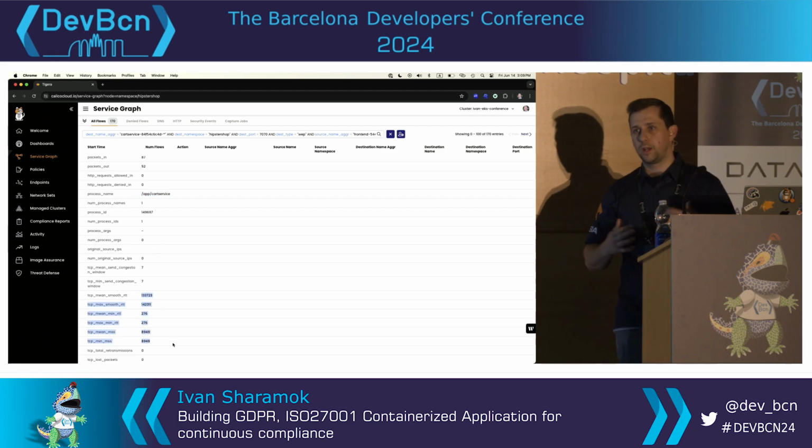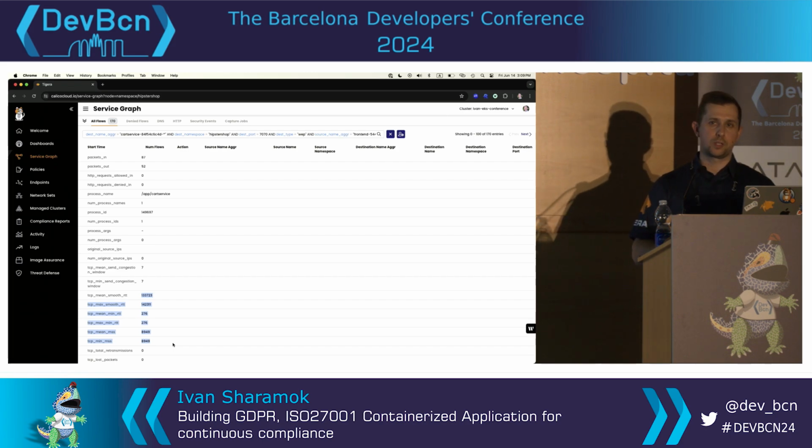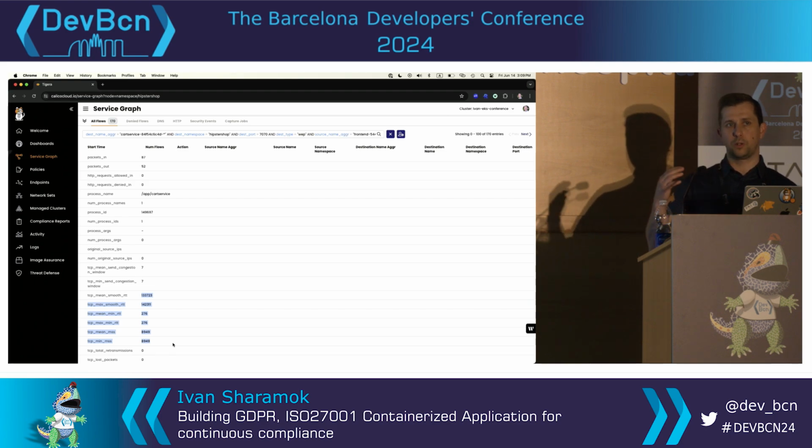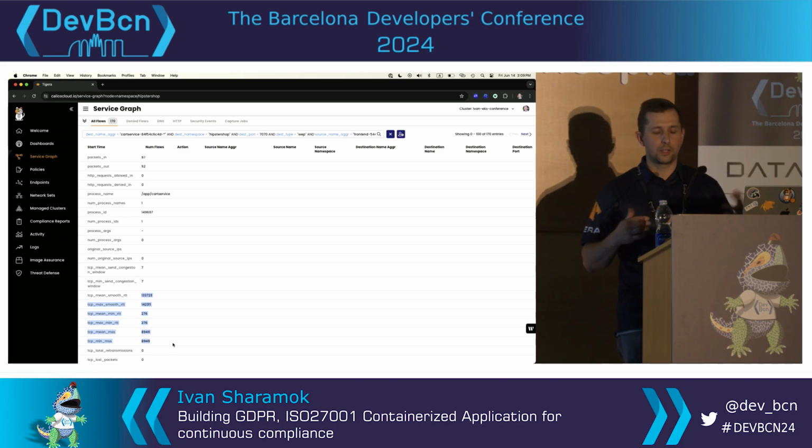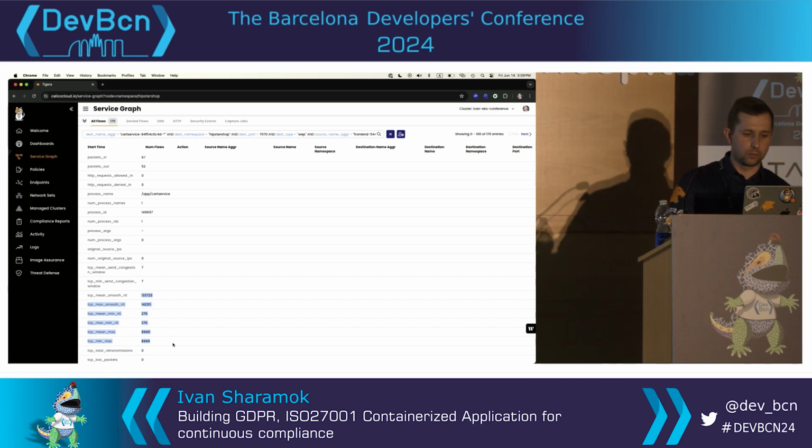If you have SREs that have to monitor some business critical services, this is typically what they are interested in, to make sure that if latency starts increasing, they can go and look at that.